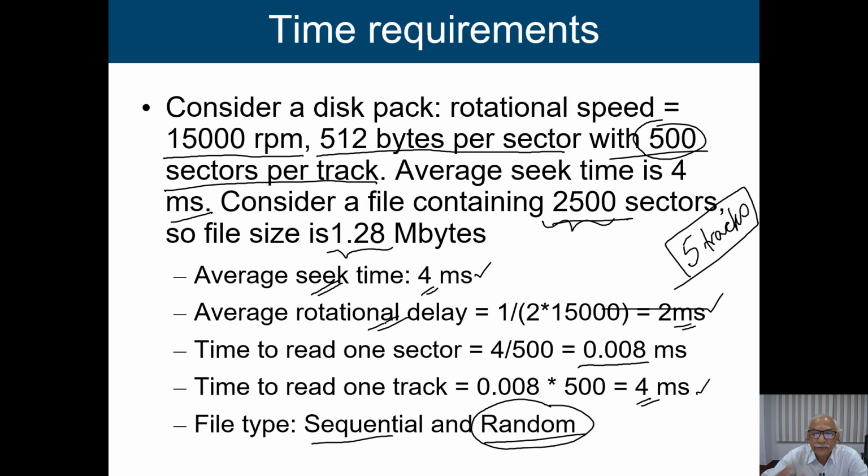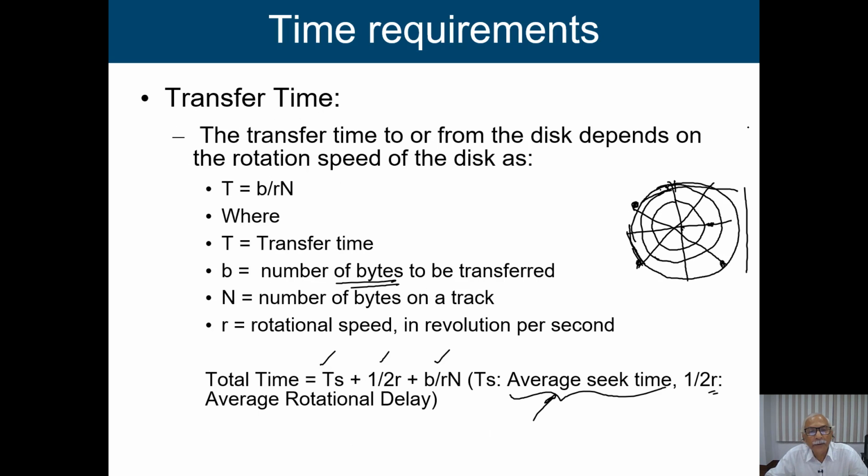Okay, but what will happen? That rotational delay may come into the picture because you have to now change the track. So after every sector we have to do it. So these are the issues that we have to see. If information can be stored in one track, then this formula may work straight away, but if it is spread over several tracks, then this is not going to work properly. Okay, so you have to look for it.